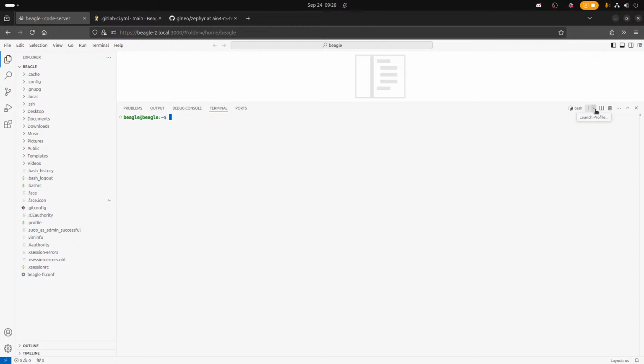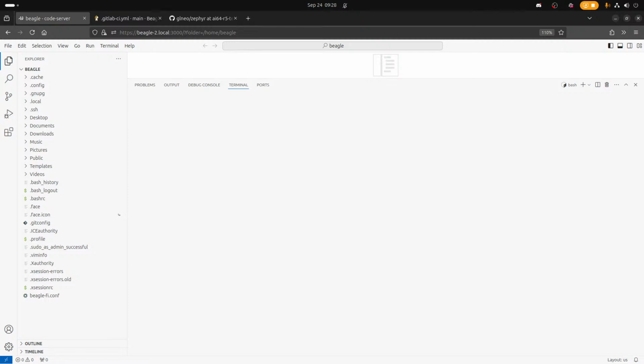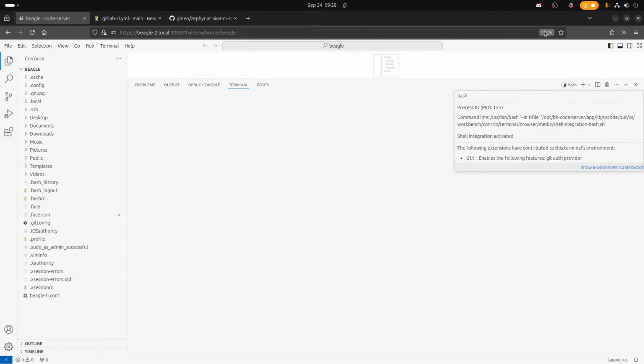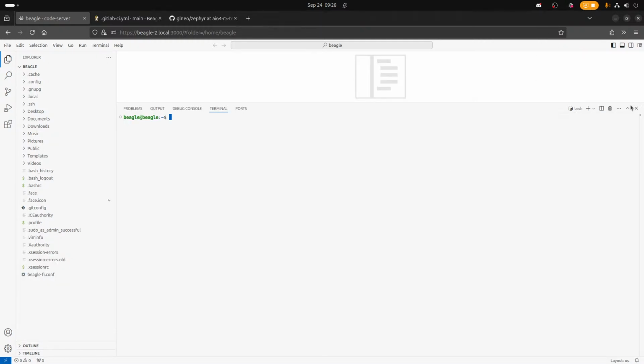Okay, there's got to be a way to increase this font size. Let me just try. Maybe. No, I don't like that. I think there is in the settings terminal font something, but I have not used VS Code almost ever. I don't use it a whole lot.